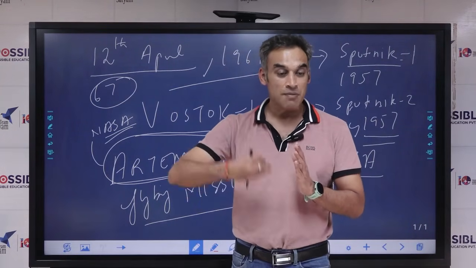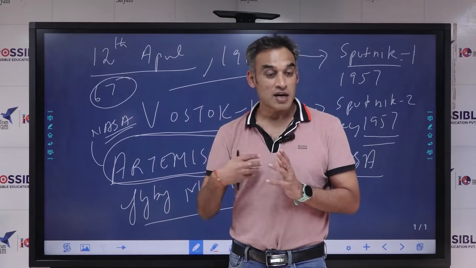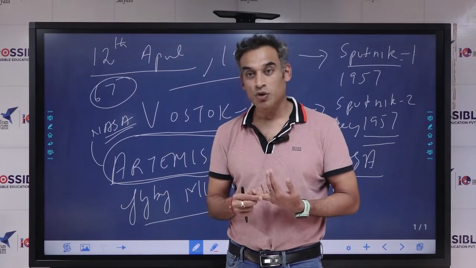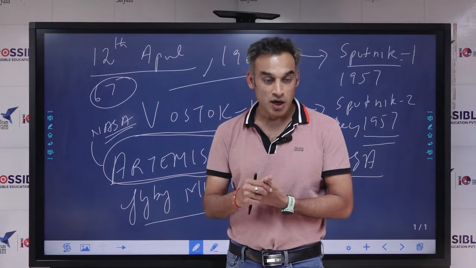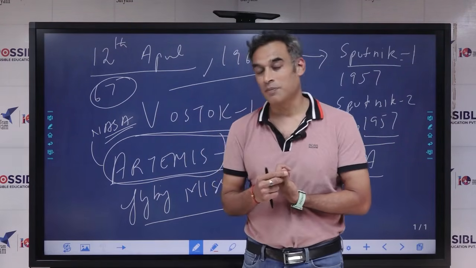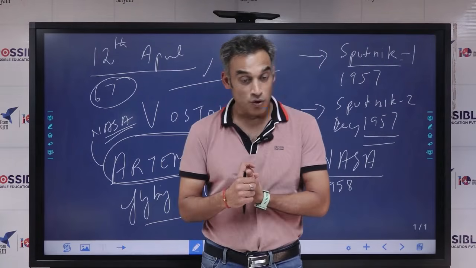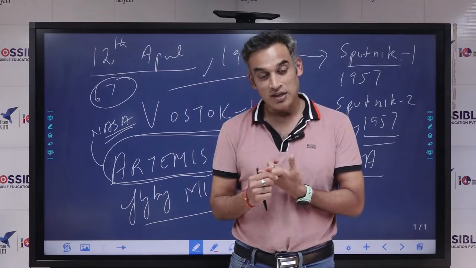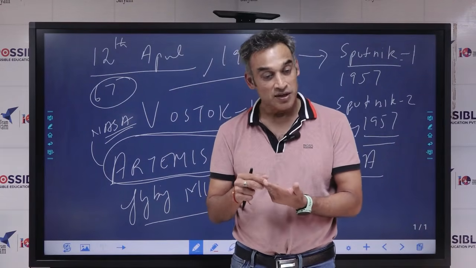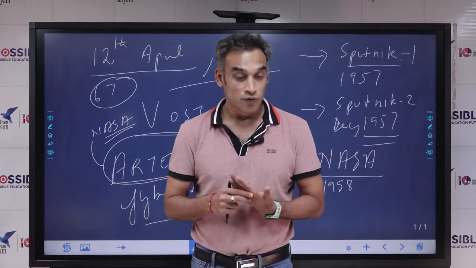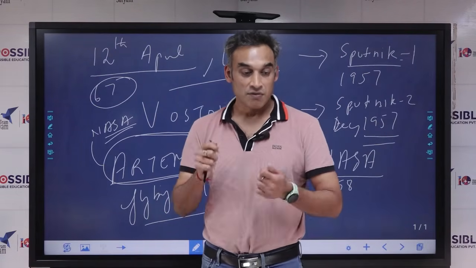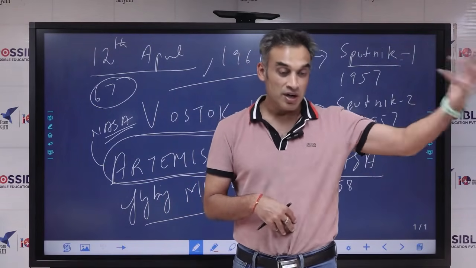This is basically being planned for the Gaganyaan mission after 2 years. In the Gaganyaan mission, we have 4 pilots who have been shortlisted: Subhanshu Shukla, who was one of the pilots in the Axiom 4 mission, Prashant Nair, who was a backup pilot in the Axiom 4 mission, and then we have Ajit and Angad. So 4 of them are going through this Mission Mitra program, right, which is being conducted in extreme conditions in